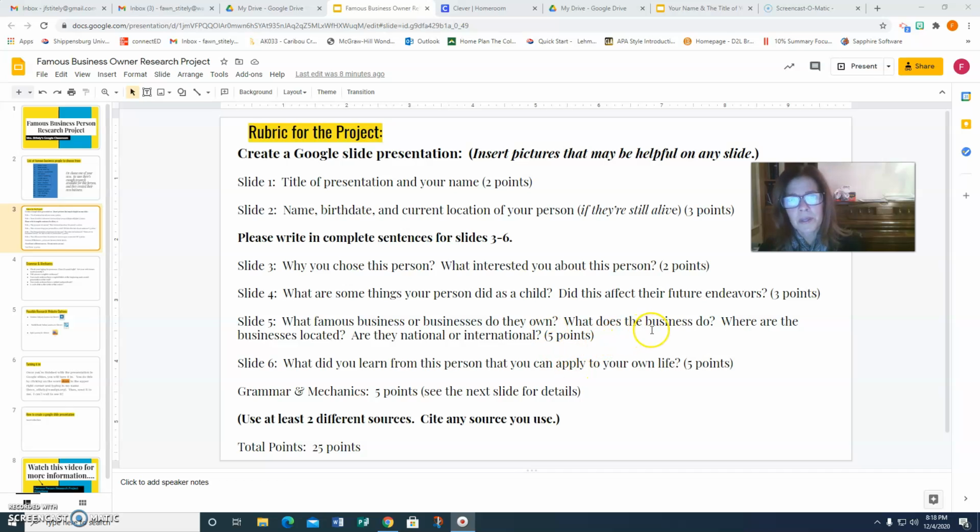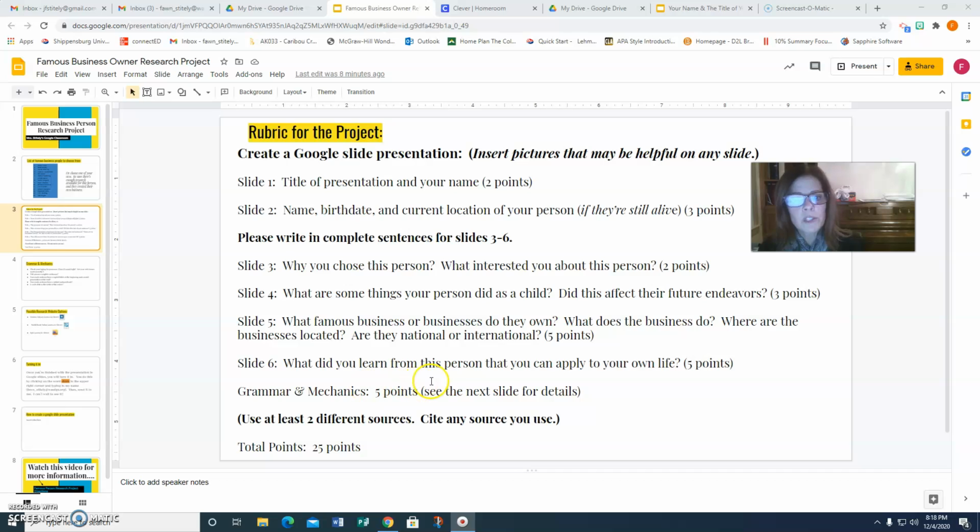What does the business do? And where are the businesses located? You're going to find some of these people have businesses not just here in the United States and numerous areas, but maybe even overseas. A lot of them are. So are they national or international? National means, are they here in the United States? International means, are they outside of the United States? And that slide is going to be worth 5 points.